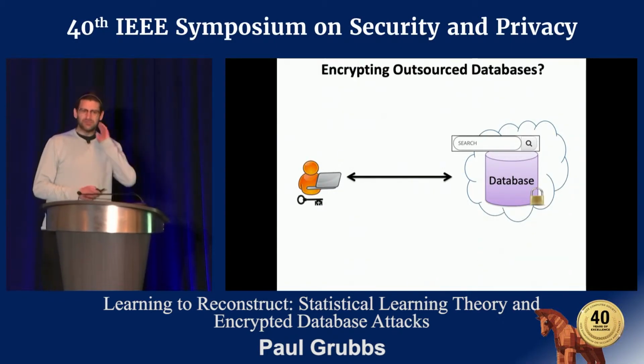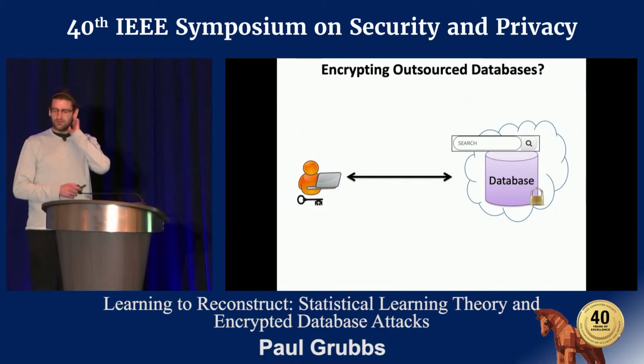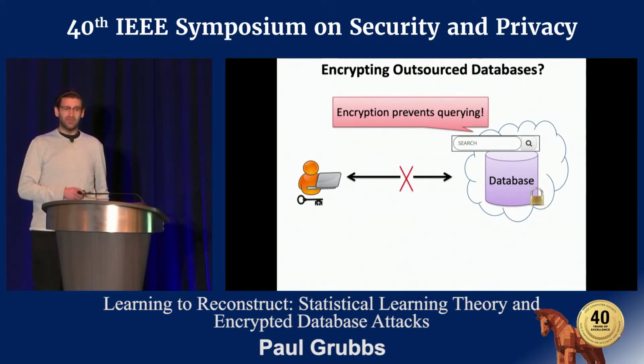One widely proposed solution for this problem is for the data owner to encrypt the data before it's outsourced with a key known only to them. This protects the breach from exposing sensitive data, but also prevents anyone from making database queries and retrieving records. By design, encryption destroys the functionality of the data.